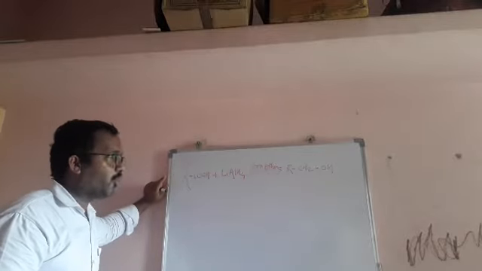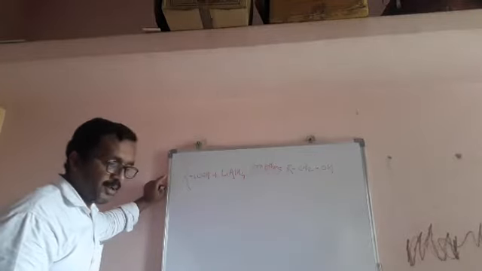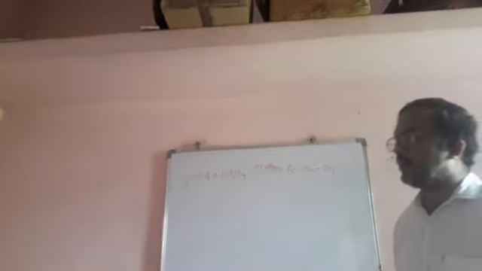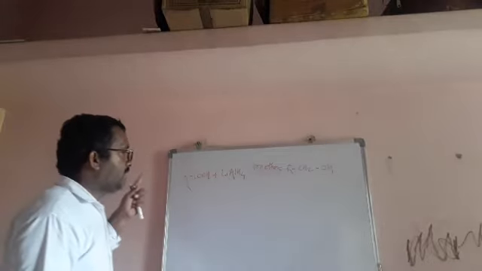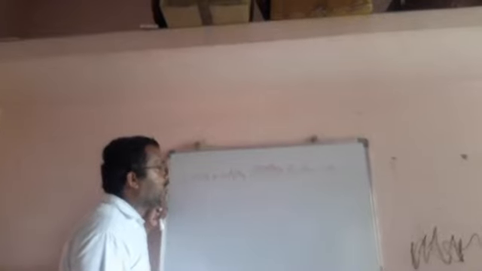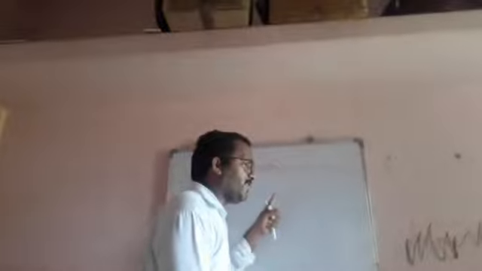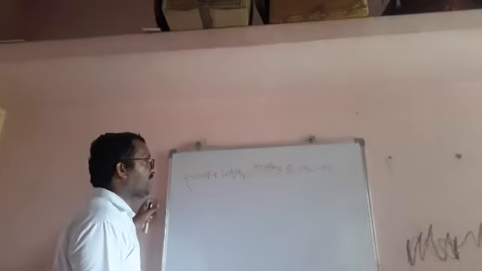This is the end of this chapter. In this chapter we discussed the chemical properties of aldehyde, ketone and carboxylic acid. We discussed the methods of preparation of aldehydes, ketones and carboxylic acids. We discussed the nomenclature of aldehydes, ketones and carboxylic acids. We discussed the whole chapter of aldehydes, ketones and carboxylic acids in detail.